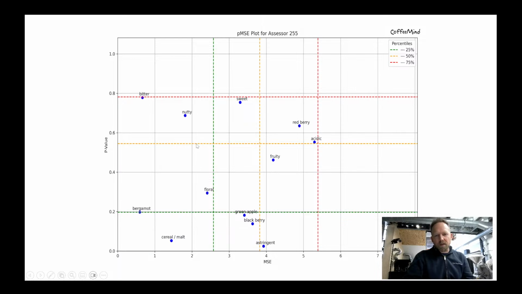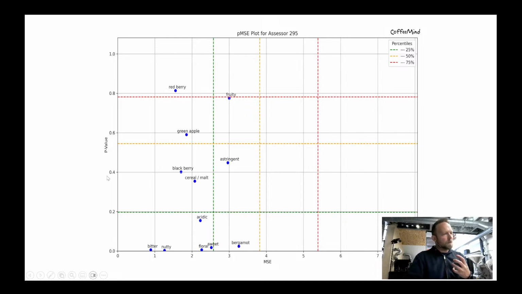And you can see here, this is the 50% percentile, that's the yellow, and the red is the 75% percentile. So this is just to give people an idea of how they are performing. You can see this is really useful information per person. This is something you want to know about yourself. And once you know what to train, you can quickly get better, because you need to train your weaknesses and